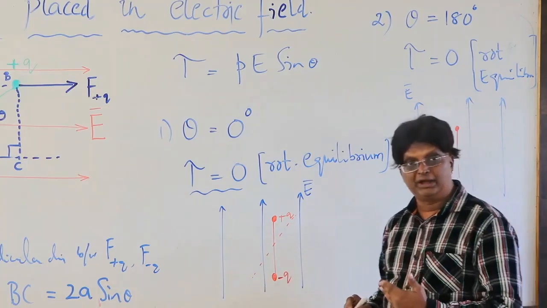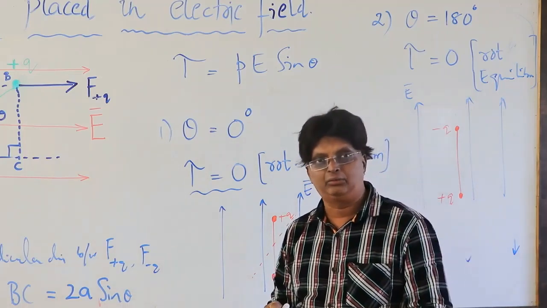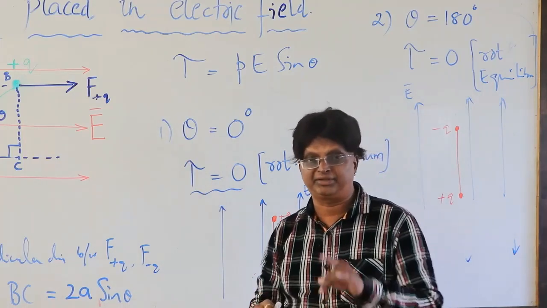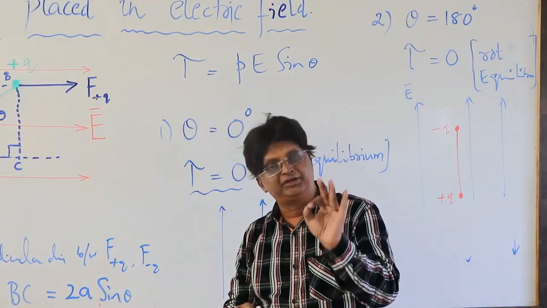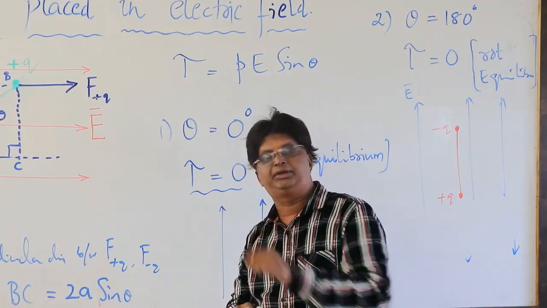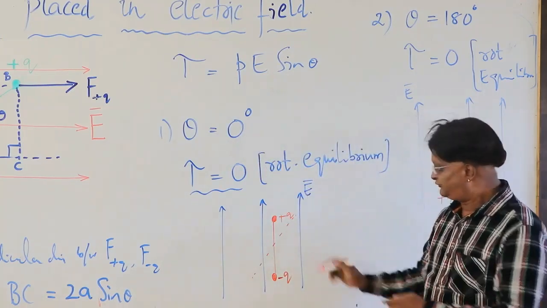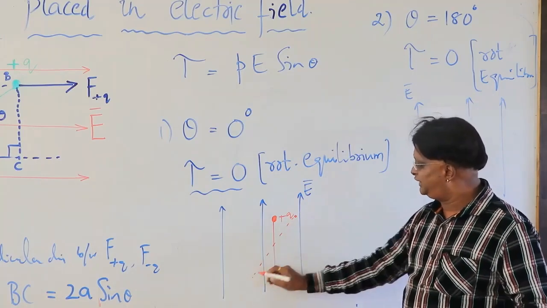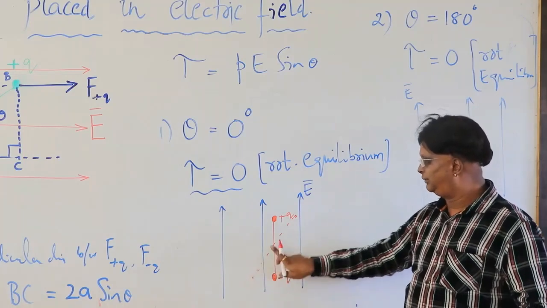Whenever there is an angle other than 0 or 180, what happens? Torque will act. What is the purpose of the torque? Torque always tends to align the dipole in the direction of the field. In its own direction it aligns. Therefore, even if we are slightly disturbing the position,